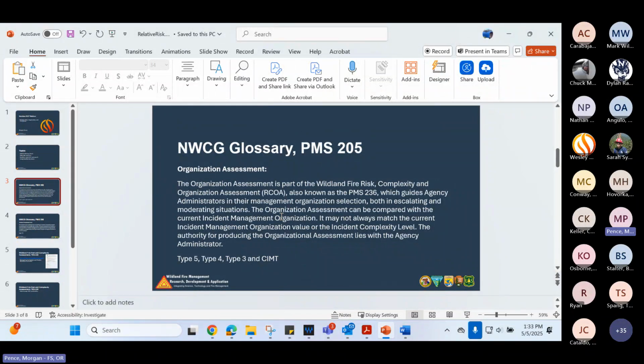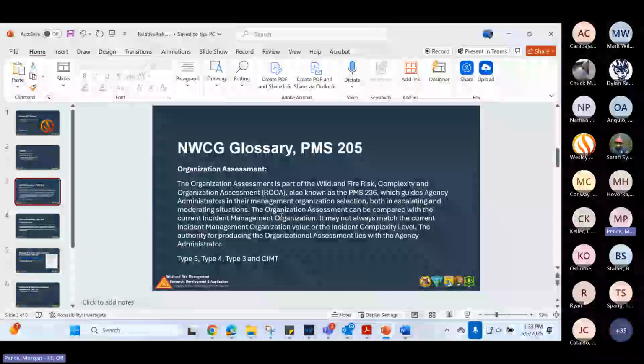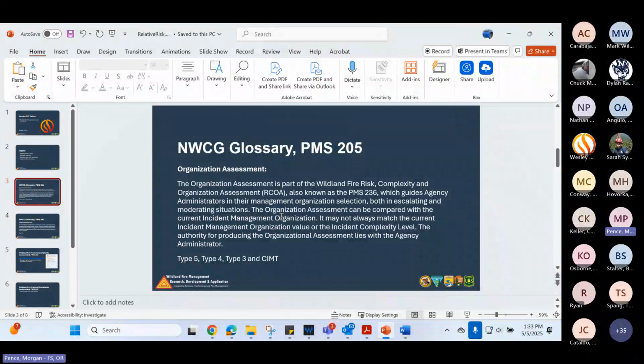The authority for producing the organizational assessment lies with the agency administrator, and the options to select are type 5, type 4, type 3, and then last year it changed to be CIMT. So there's 4 options. A couple of things to take away here: the organizational assessment is the assessment. It is not necessarily which organization is on your fire. You could have a different organization on your fire than what you are assessing as you escalate and moderate. They're not always in alignment, and it is also not necessarily in alignment with the incident complexity level,